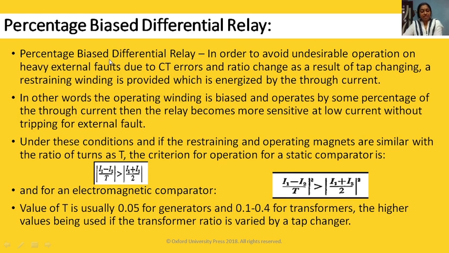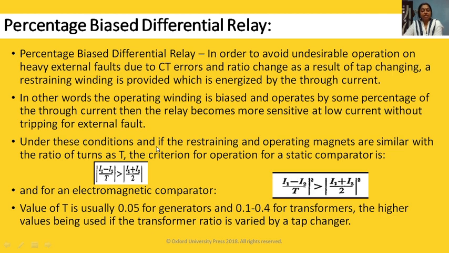Percentage bias differential: in order to avoid undesirable operation on heavy external fault due to CT errors and ratio change as a result of tap changing, a restraining winding is provided which is energized by through currents. In other words, the operating winding is biased and operates by some percentage of the through current, so the relay becomes more sensitive at low current without tripping for external fault.